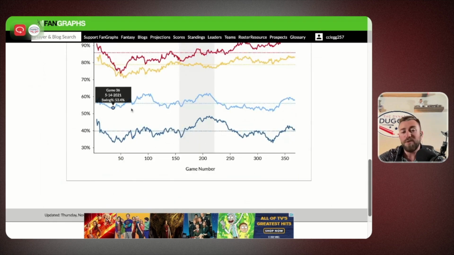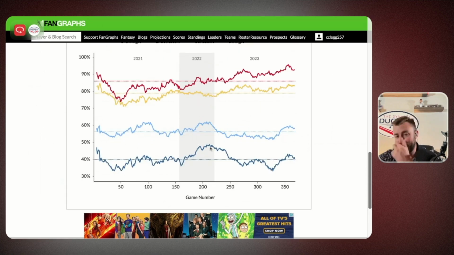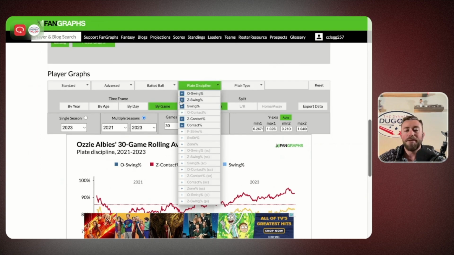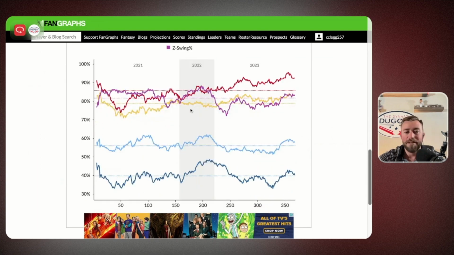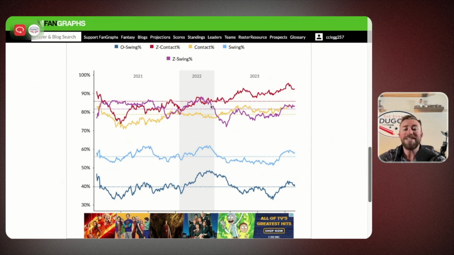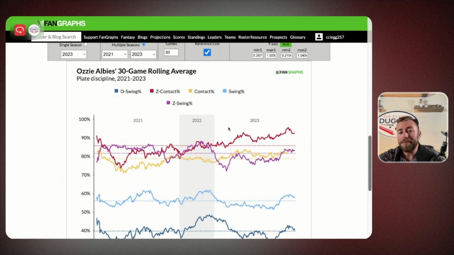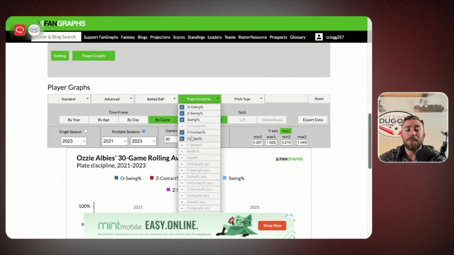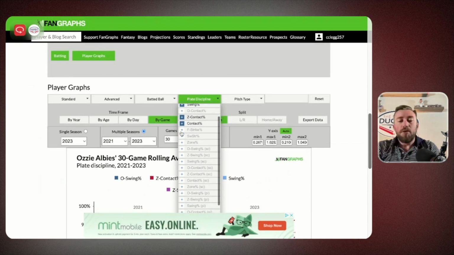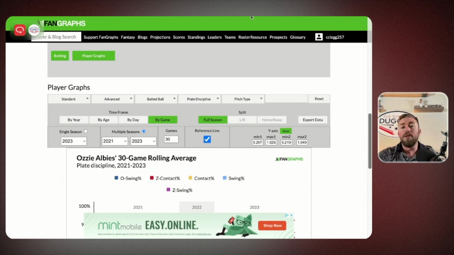And you can just see here, here's the nature. Albies just swings a lot in general. But the swing rate kind of follows his O-swing. It's not like he's just chasing a ton. His swing rate in general is really high. His zone swing rate, this is what I love. He's hyper aggressive in the zone, but it actually improved this year. Those numbers look much better. Not to say it's bad to be swinging at that high rate in the zone, but it's okay. That can work. So the rolling graphs are useful in a lot of ways,